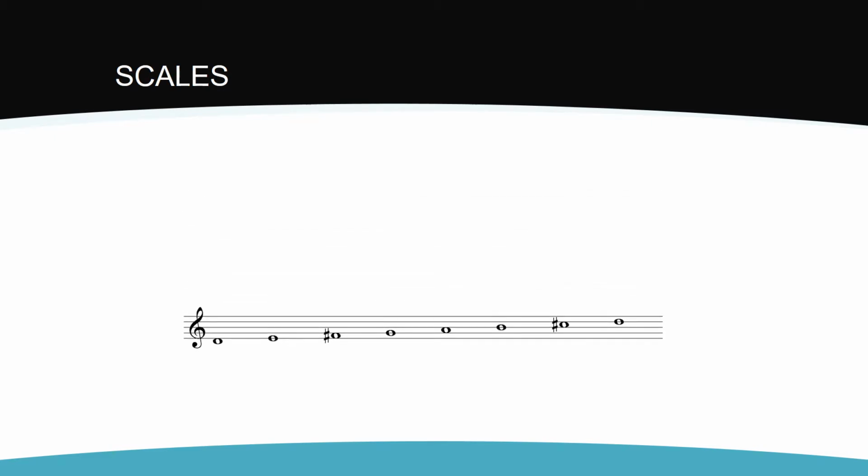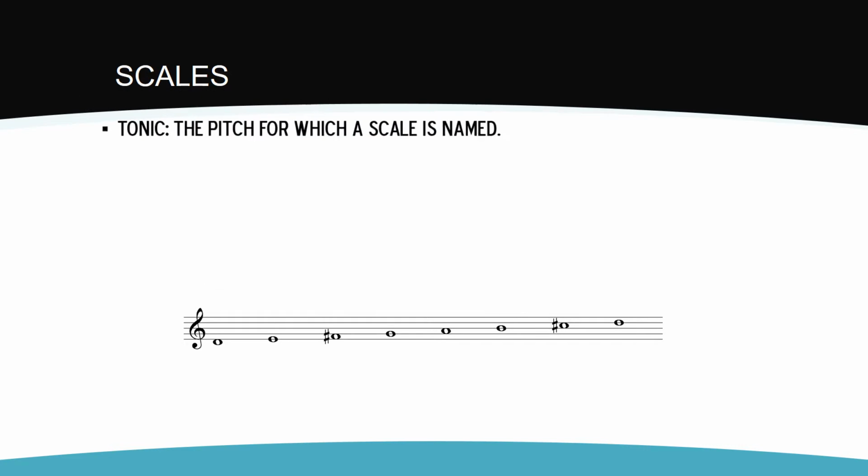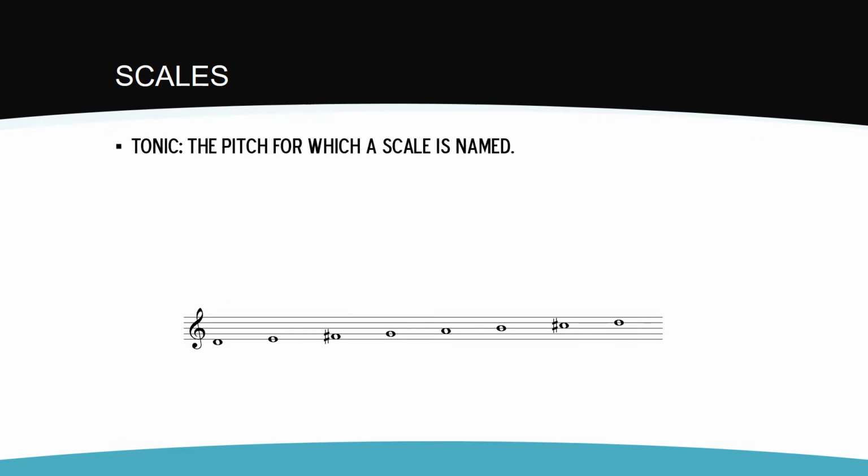In this case, the tonic is D, and we call this scale a D major scale. The word tonic evolved from the Greek word tonoi, which had multiple definitions, one of which was a note. In the Middle Ages, toni referred to the starting pitch of each of the different modes that were used in